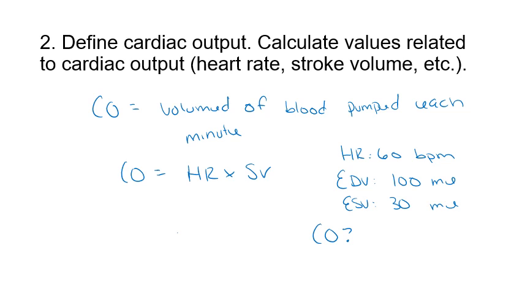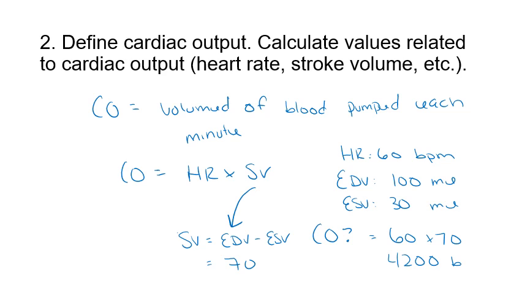So how do you do this? Well, first we need to figure out stroke volume. Stroke volume equals end diastolic volume minus end systolic volume. So in our case, that would be 100 minus 30 equals 70. And so we would take 60 times 70 and get 4,200